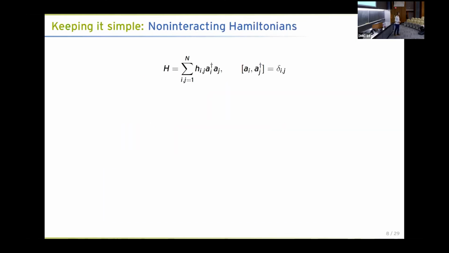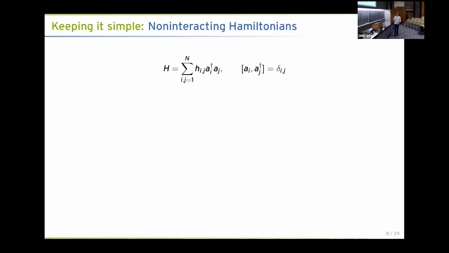Okay, so we are going to solve the second challenge first, the simulation challenge, by just defining our problem, namely by looking at non-interacting Hamiltonians. Non-interacting Hamiltonians are Hamiltonians that, if I look at, say, the single particle sector, so this is the particle number conserving Hamiltonian, right? So I can restrict to particle sectors in Fock space. If I just look at the single particle sector, this is just an n times n